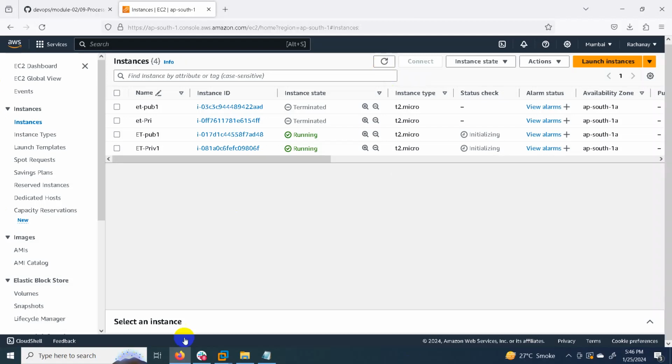So this is our VPC configuration. In the second part, we will see how that instance is going to communicate with the public network, that is with the internet, and how that private instance is going to communicate. So that we will see in VPC part 2. Okay, it is created.